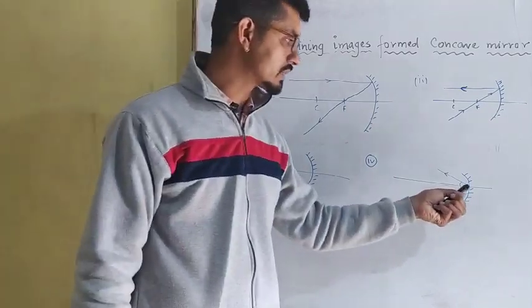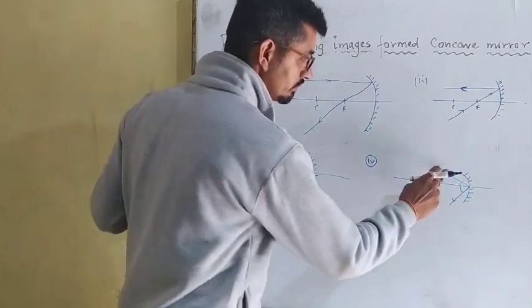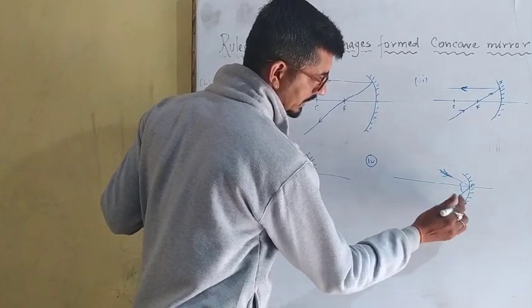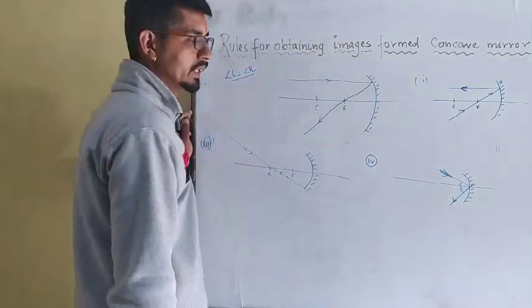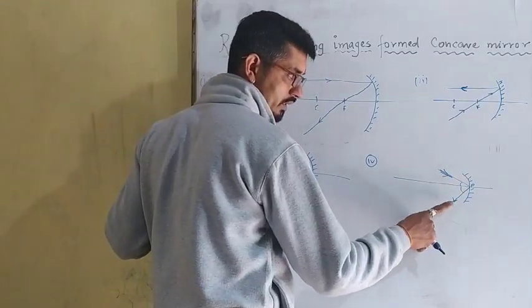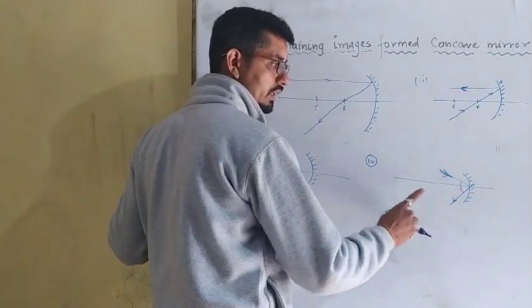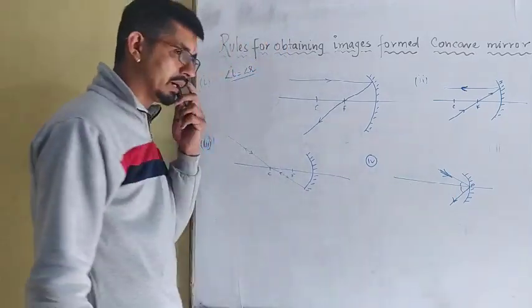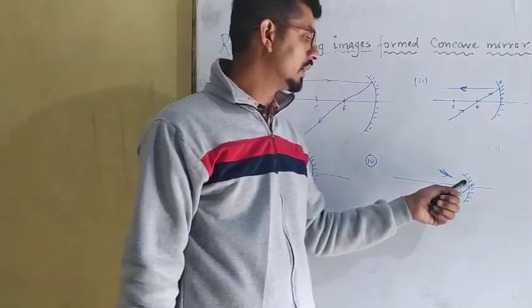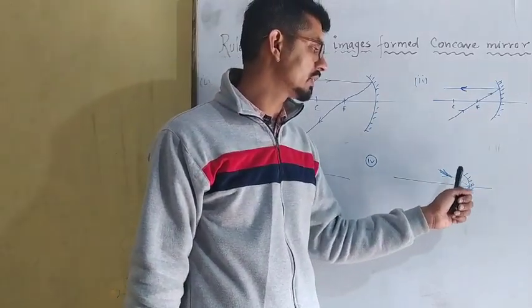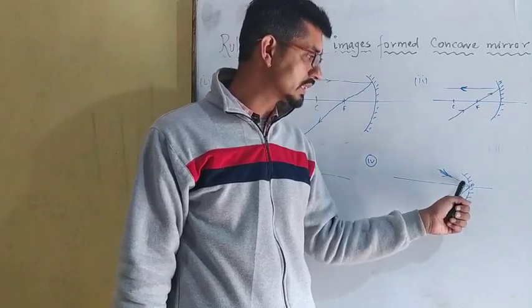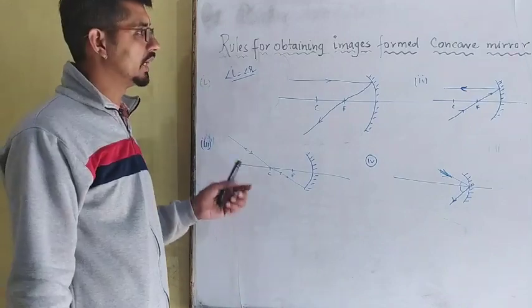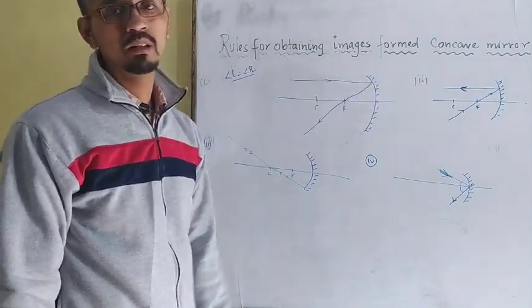Here as well, if it is incident on the pole of a concave mirror, it will pass by making the same angle with the principal axis. Let's suppose this will be the normal, and by the second law of reflection, the angle of incidence will be equal to the angle of reflection. Okay, so these are the 4 rules, and in the further video we will learn the convex mirror. Okay,